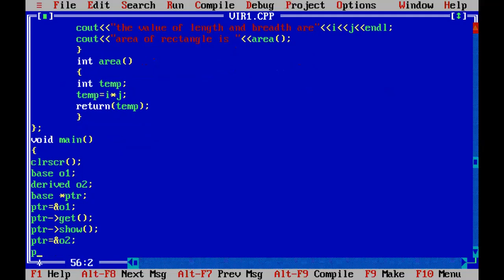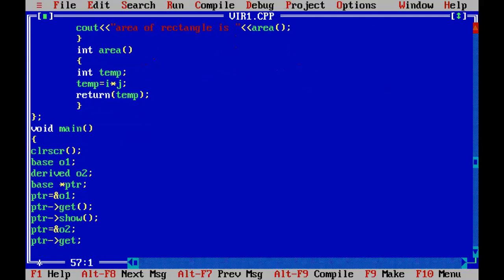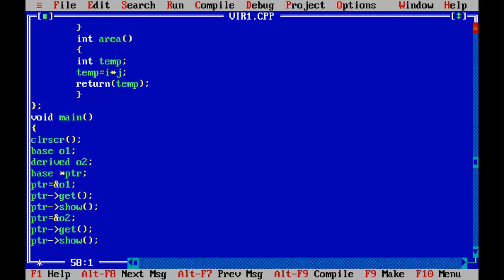Then again we are going to call the functions of the derived class with the help of ptr, which is a base class pointer, and we are going to call the show function also. Now our program is completed.